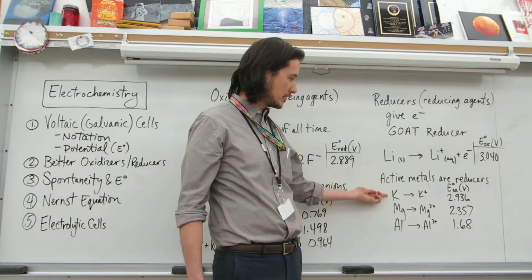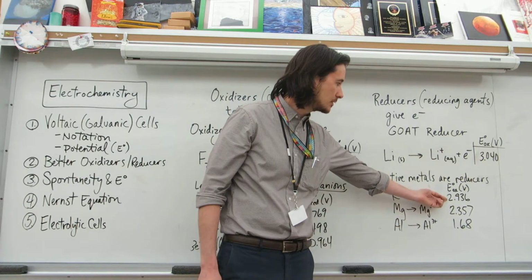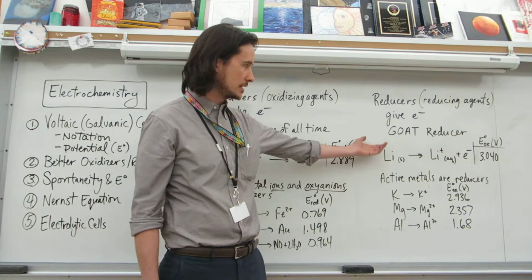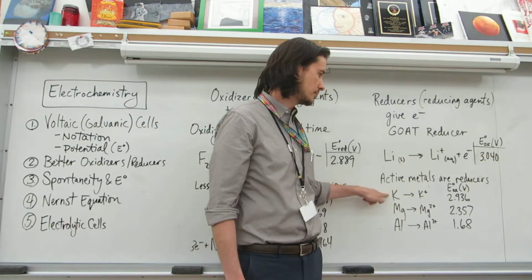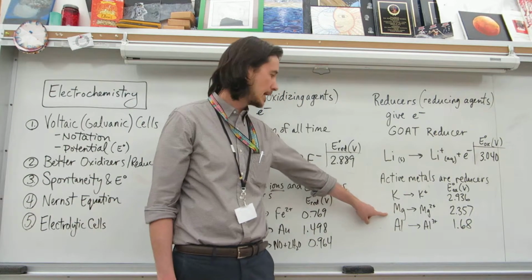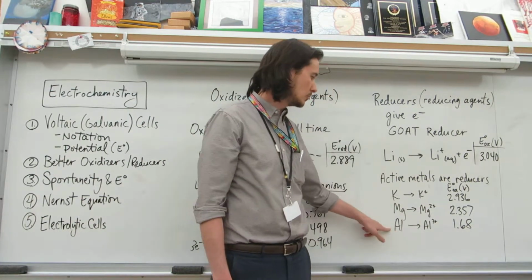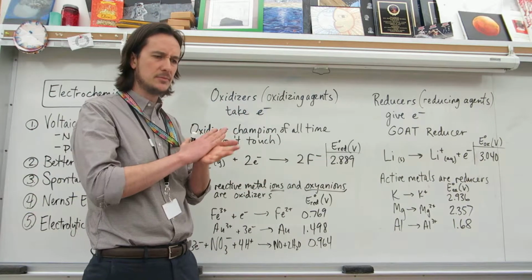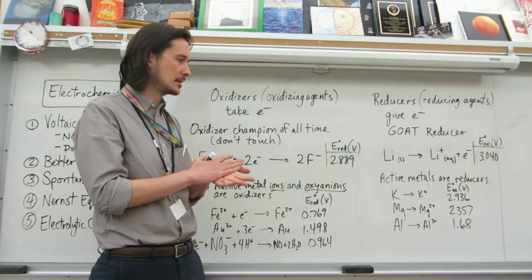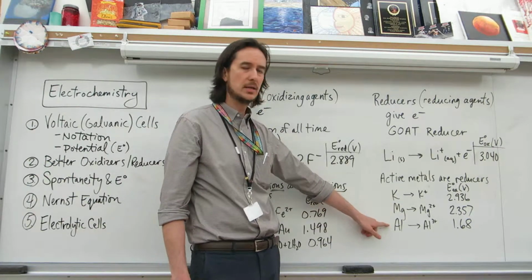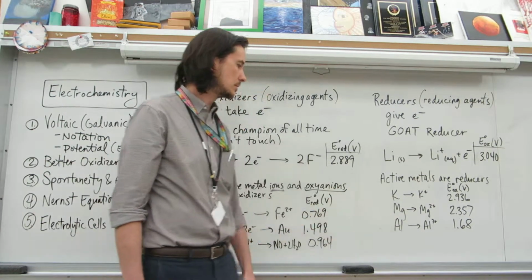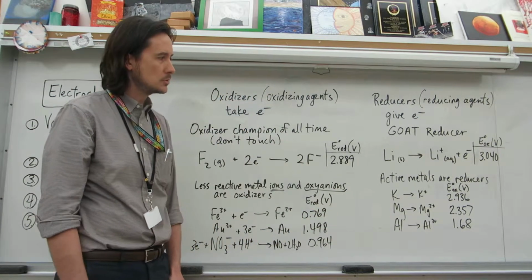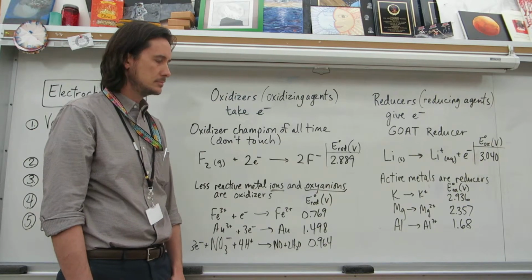So I got potassium here, right? 2.936. Lithium's the best, but potassium's not very far behind. Magnesium's a very reactive metal, 2.3. Aluminum, we deal with it all the time. Aluminum does have some thin coating of aluminum oxide, but this is something that very readily gives up its electrons. So kudos to humanity for purifying